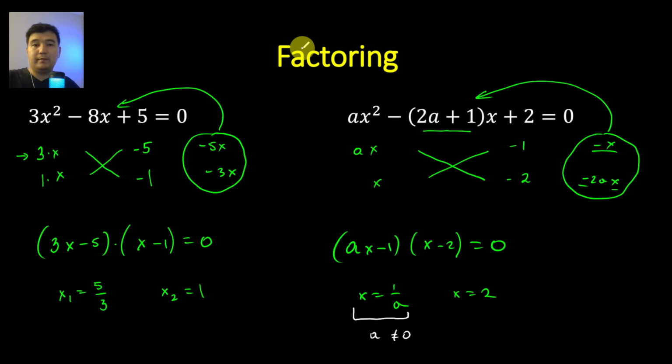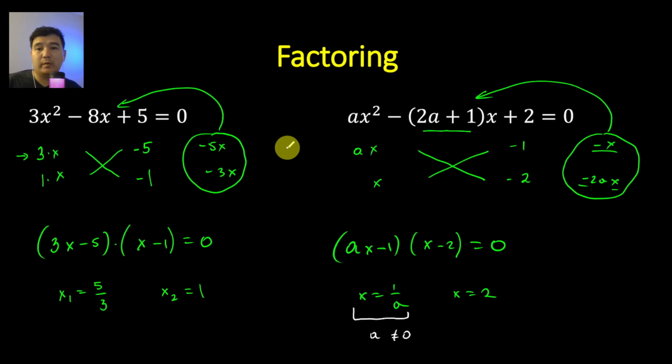For example, if there is a method that you know and that you can perform better than this quadratic factoring method, just stick to that method and keep factoring the quadratic equations with that method. So no need to switch to another method. There is no method that is better than the other one. So that's the idea. The second thing, whenever it's not possible to factorize it like this, you can